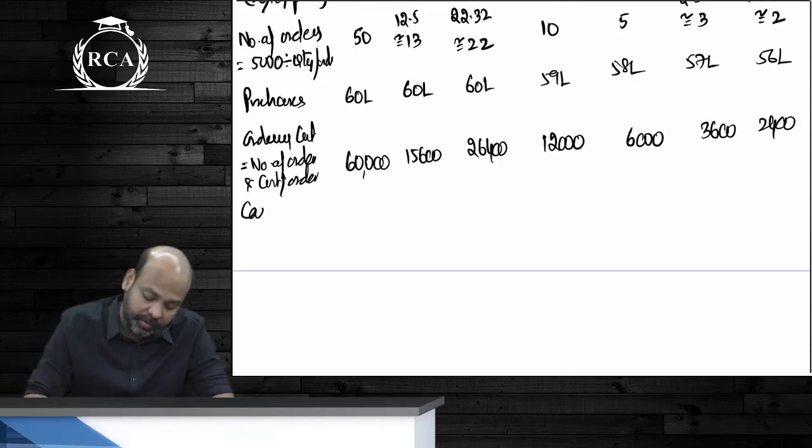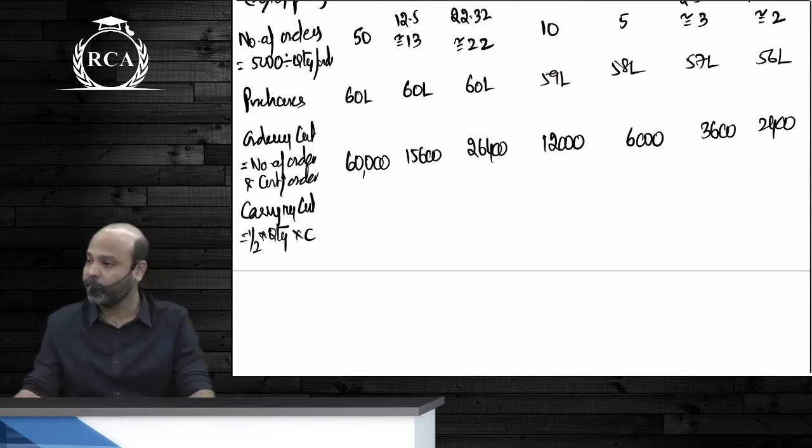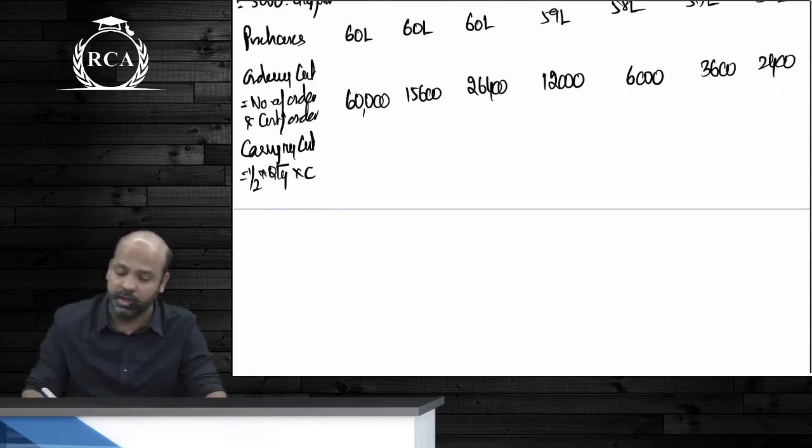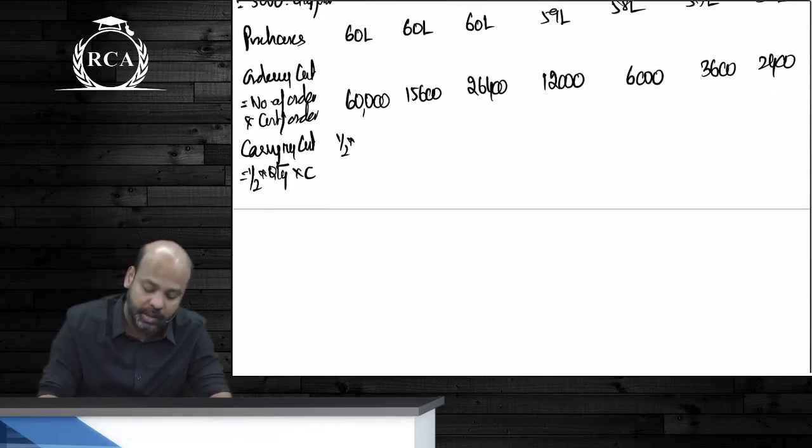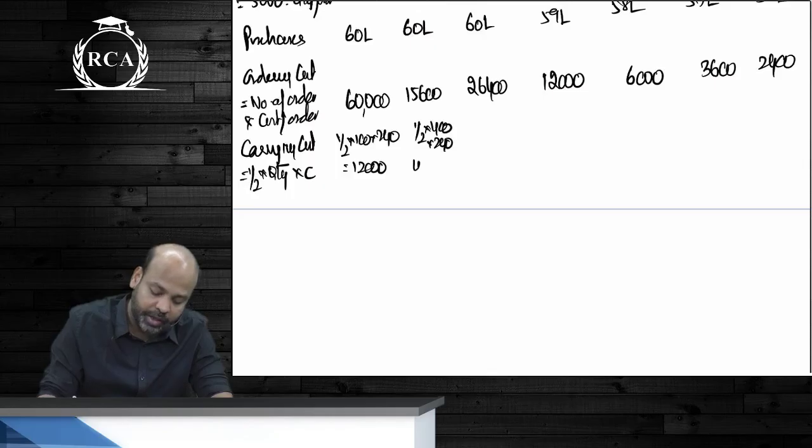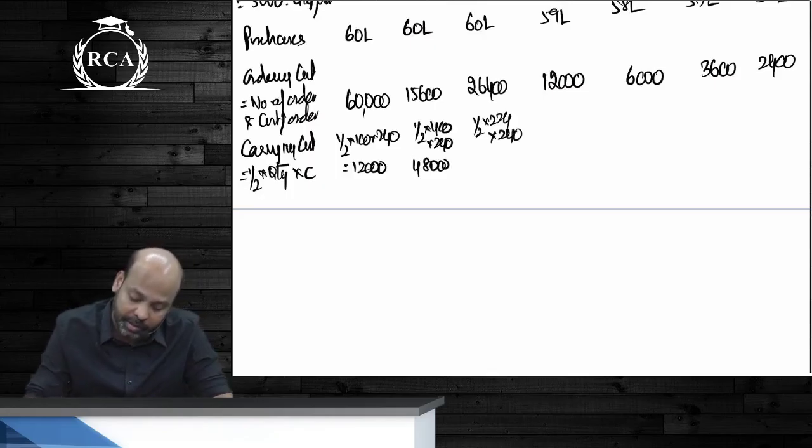After that beta comes carrying cost, which will be half of quantity ordered multiplied by carrying cost per unit per annum. In the first case, when you're ordering 100 tons beta, it will be half of 100 tons multiplied by 240, guys. This will be 12,000. This will be half of 400 units into 240, guys. That will be 48,000. This will be half of 224, guys, multiplied by 240 beta, and that will be